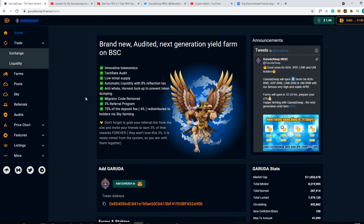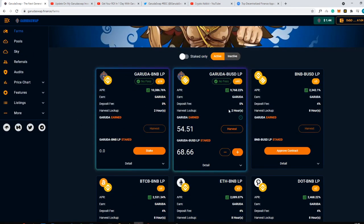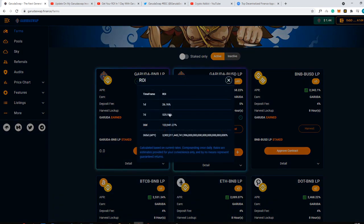So I'm going to explain to you how you can make stable money and what you should do on this brand new Garudaswap that is some kind of fork of Pancakeswap. So in this area right here, you will go to the farm part, and as you can see here, the APR is around